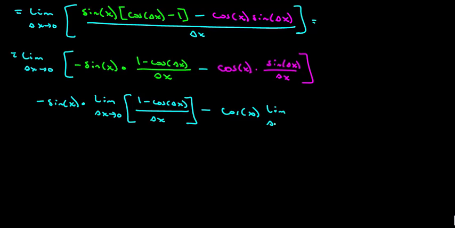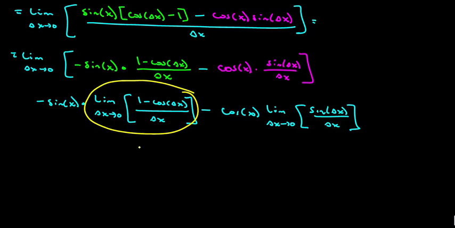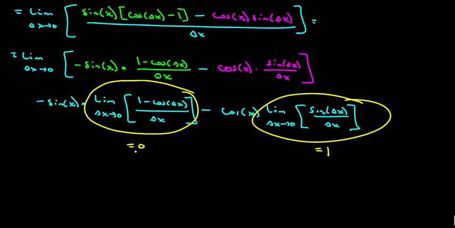The limit as delta x goes to 0 of sine delta x over delta x, like that. Now, what we know from the last example is that this guy right here is equal to 0. And we know that this guy right here is equal to 1. So here I've got 0 times something, which is 0. And here I've got,